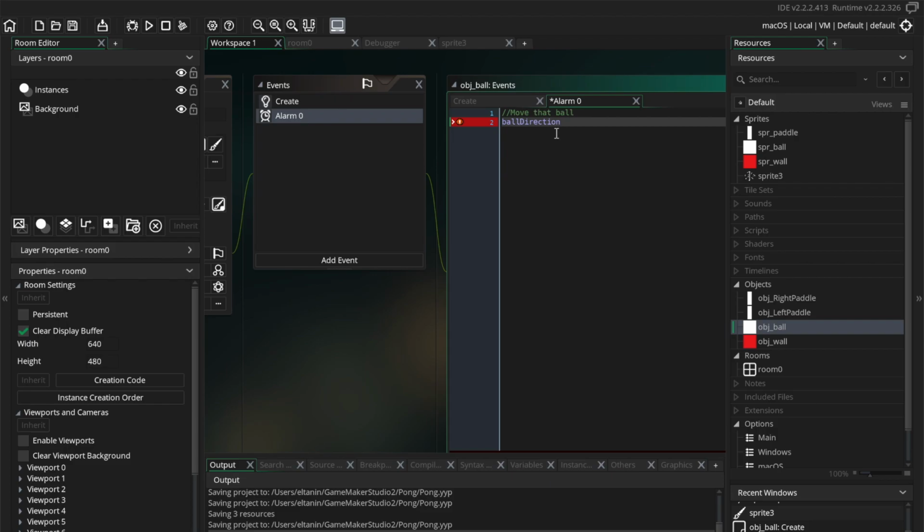So whenever you use two words in a variable, you want to capitalize only the first letter of the second word, and then every word that follows. So if I wanted to do ball direction start, I would also put a capital S on the word start. I'm just going to keep it as ball direction, and I'm going to set this equal to